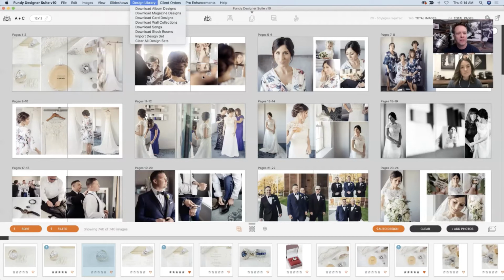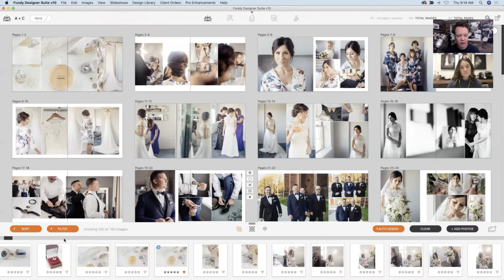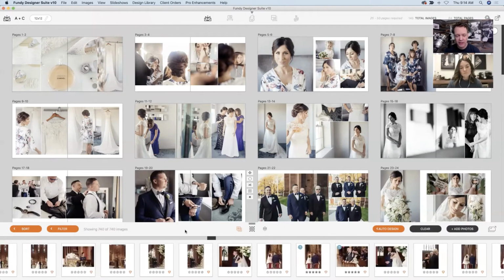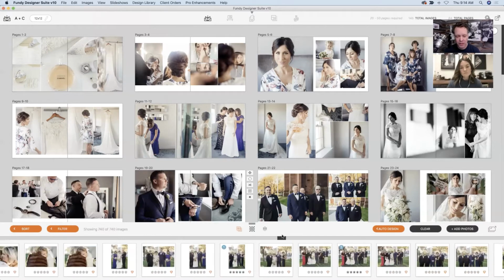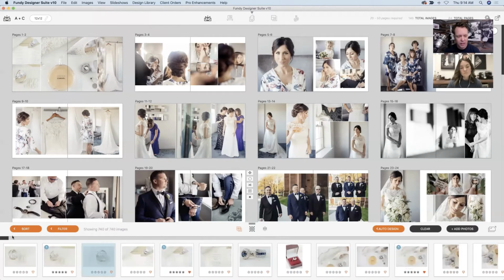So let's go ahead and give a quick tour of everything here and all of the views, and then we'll get into the design. Down here are all of your images. We see here that Makayla has 740 images. Just to give an example, I have